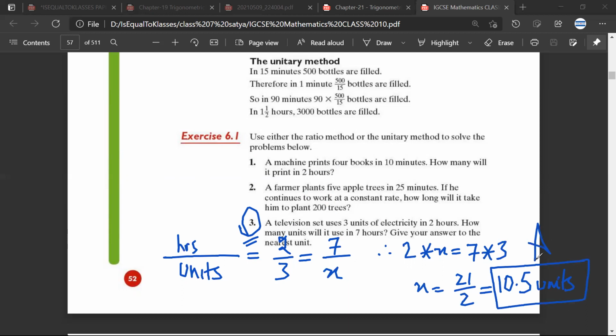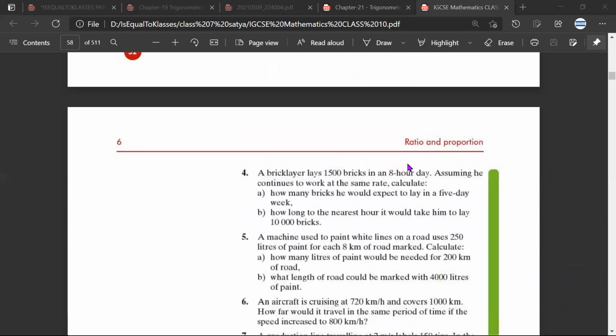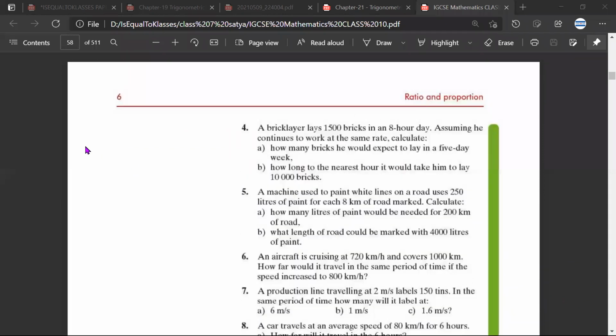Mr. Satya, is it correct? Yes. Mr. Sarthak, is it correct? Yes, sir. Mr. Sarthak, question number 4. I didn't understand this one. Mr. Satya,